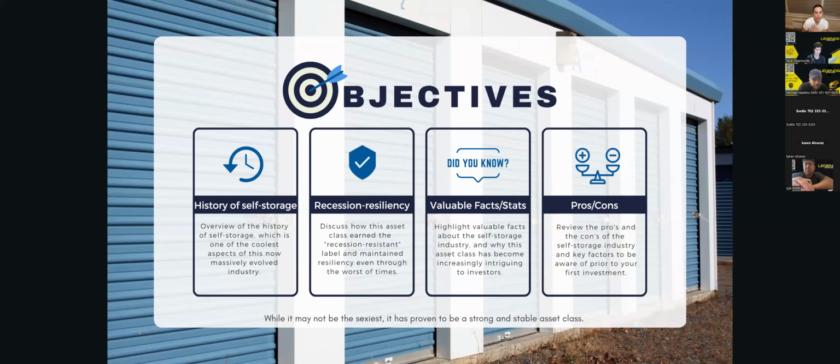So the objectives of this presentation, first, the history of self-storage, which I think is actually really cool. A lot of people really skim by self-storage, even investors, because it's not really that sexy. It's kind of boring and bland. And for the most part, there are some self-storage facilities now that are super modern, super elaborate. The GP on that 355 unit deal actually also has another self-storage facility that has a rooftop lounge. It's insane. It's in Texas. And I just have never seen anything like it.